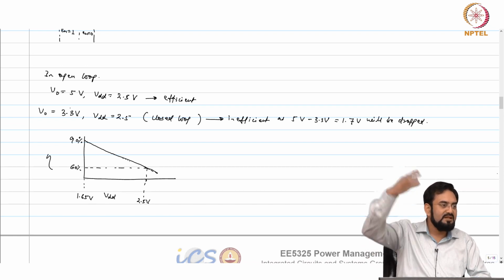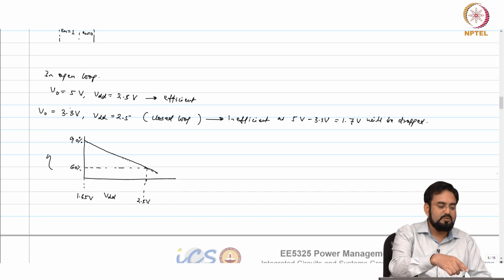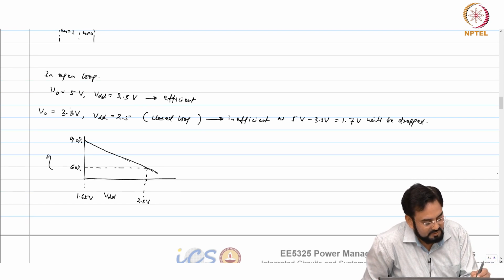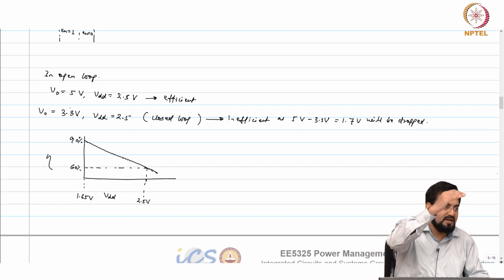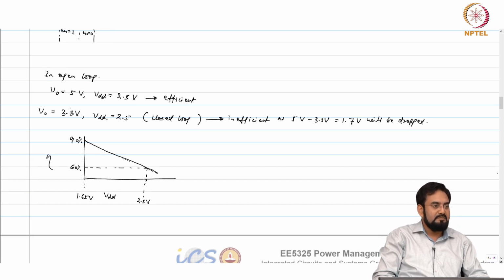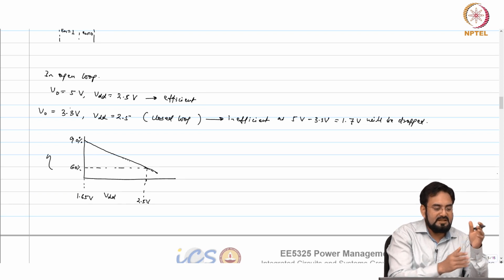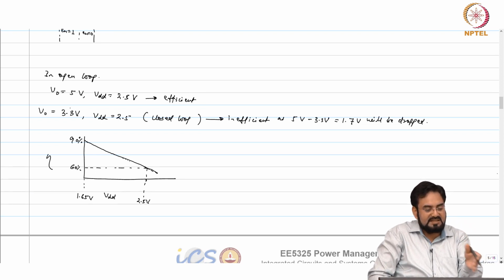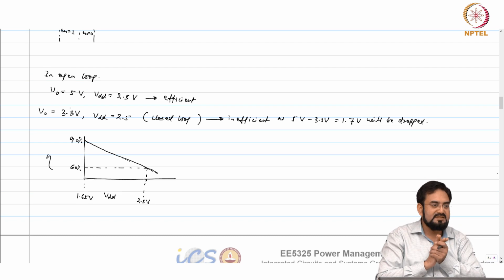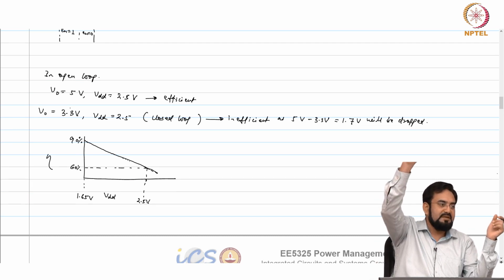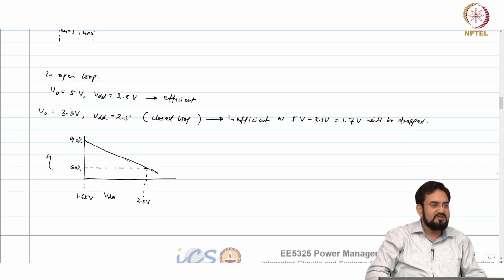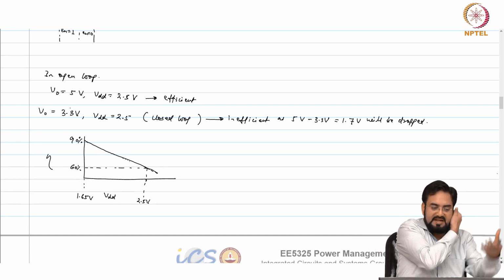So, let us say at 2.5 volt I have a 1.5x charge pump, and your efficiency will again go back to 90%. In between it will start dropping until you change the gain ratio. You are slicing this efficiency curve into multiple pieces, and each piece will have its peak at 90% and drop in between. So, average efficiency will still look much better, maybe 80% or so.